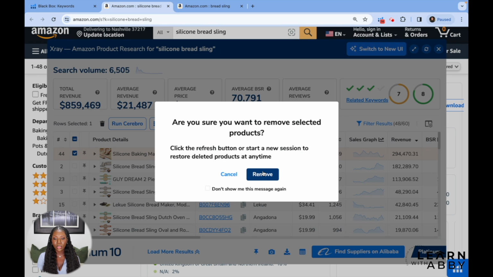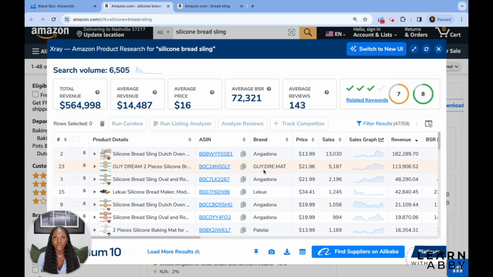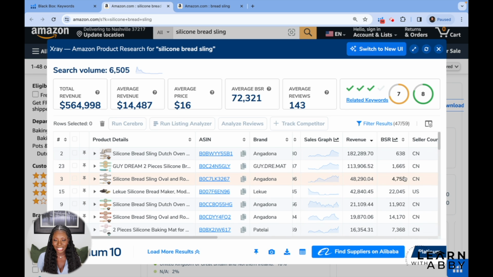It'll ask you, are you sure you want to remove this product? You say yes. And look at how that has affected our average reviews. It's gone down to 143, which is far below that 200 mark for the reviews that we were talking about before. Now, I know that you guys don't know exactly all the metrics within my program, but this pretty much hits every mark as far as a good product when I'm looking at my winning product criteria. Now, there are a few other steps that you would want to look at before you decide to move on the product, but so far so good. This looks very, very promising, which makes sense as to why I would have given it as a free product idea to my